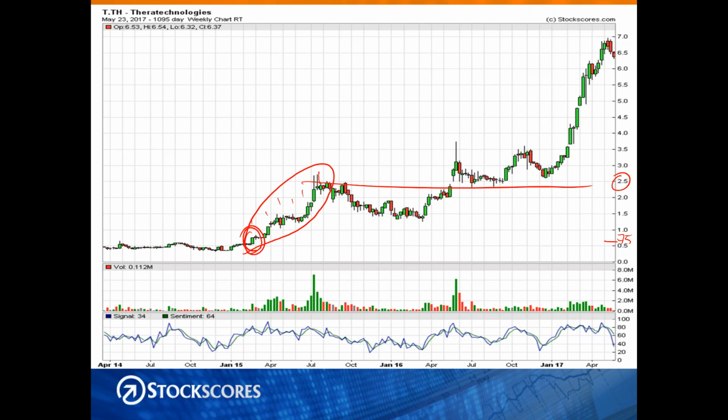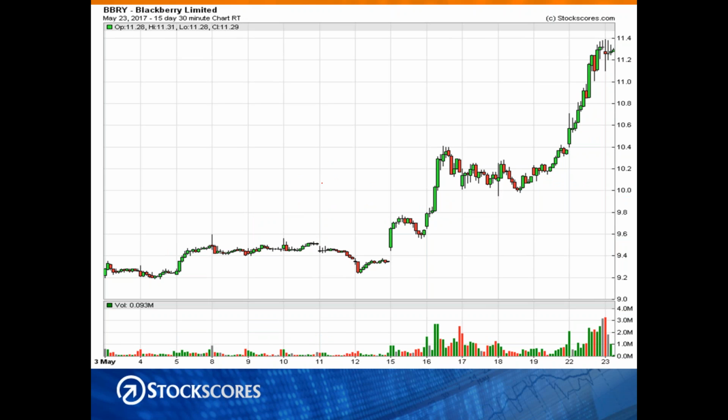And you can find situations like that without ever knowing what these companies do, using the simple principle that you will follow the smart money. Now we can do that on a shorter term time frame as well. BlackBerry has been probably the hottest Canadian stock in the last week or two, and it all started with abnormal price movement